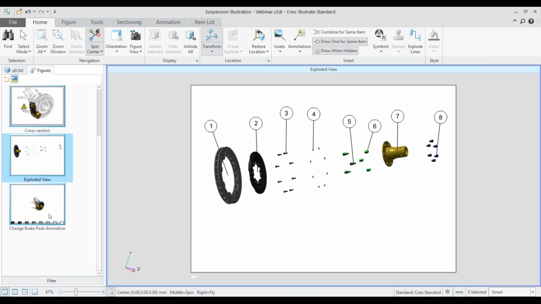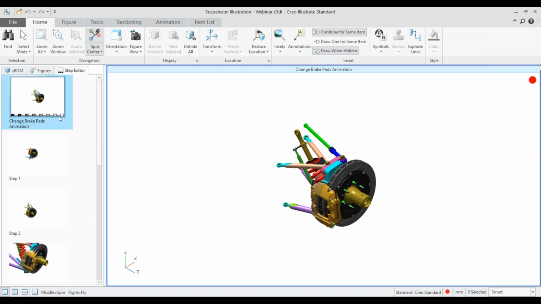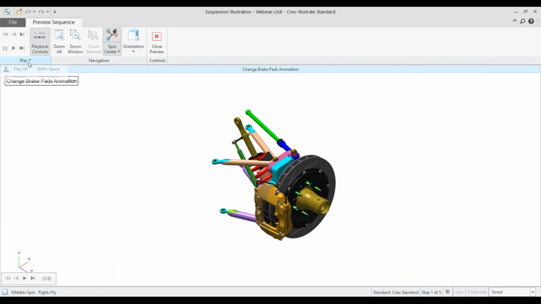Let's move on to our last part of our demo here, which is the animation. I have started on this animation. This is an animation to show our technician how to change the braking pads for the vehicles. So I have started on this already. Let me show you what we have so far, and then I'll show you an example of how to continue